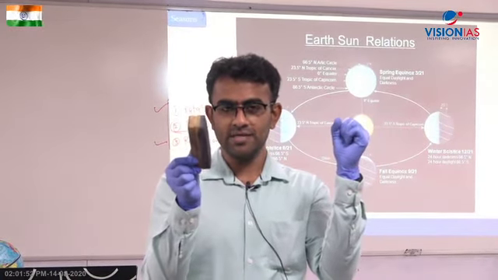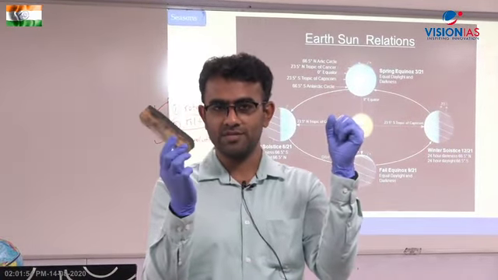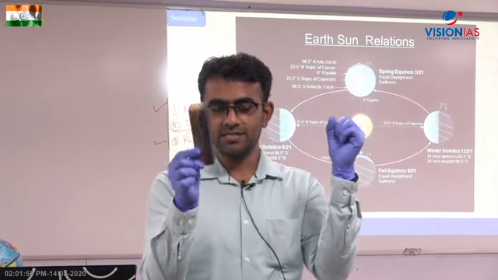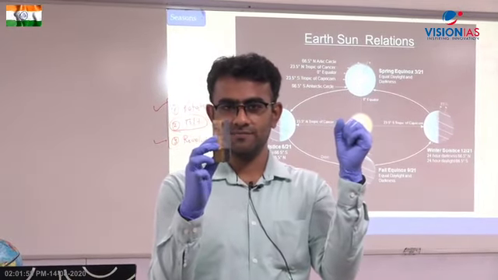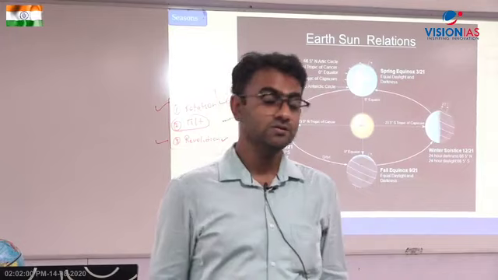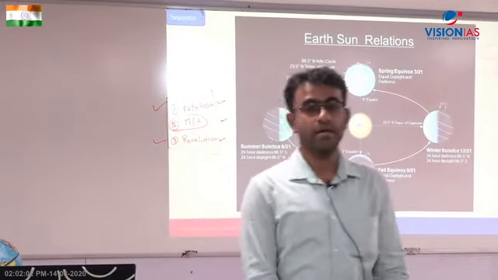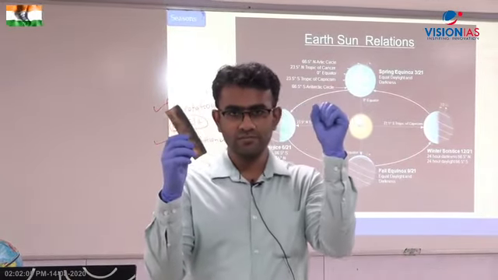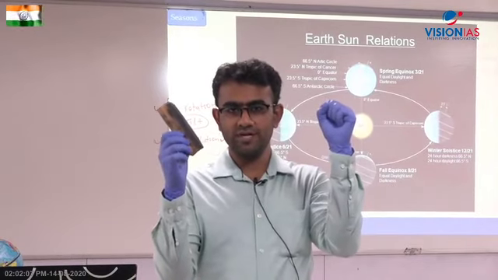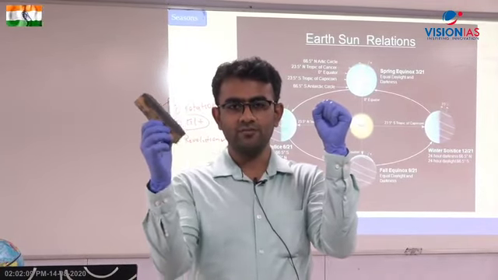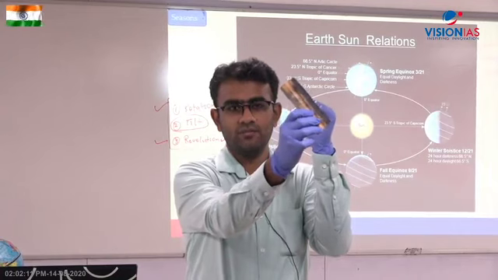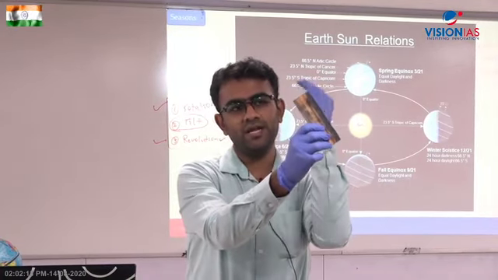Right? The tilt is neither towards the sun nor away from the sun, but still the tilt is there, either this side or this side. Right? This tilt is there. So this kind of position will come. How will it happen? The tilt would not change. Can you see? This is winter, we say. From winter you bring the position here, but the sun's rays are falling vertically equally along all the